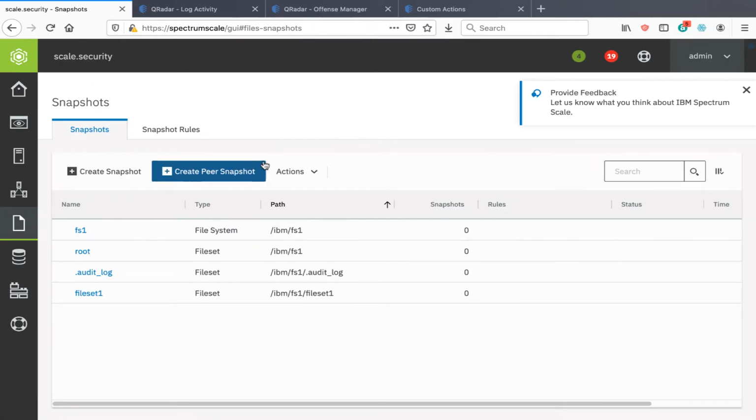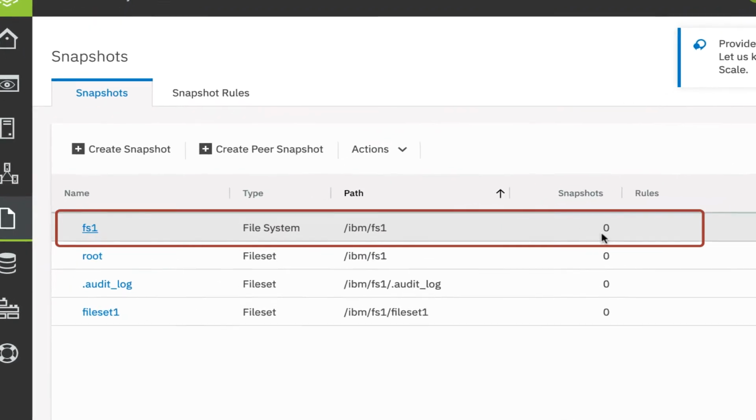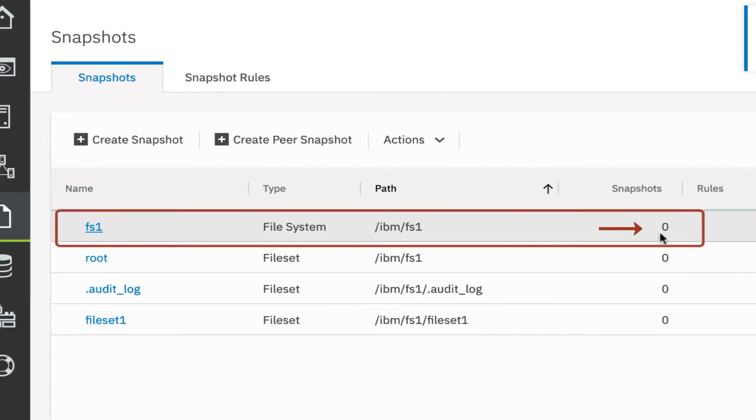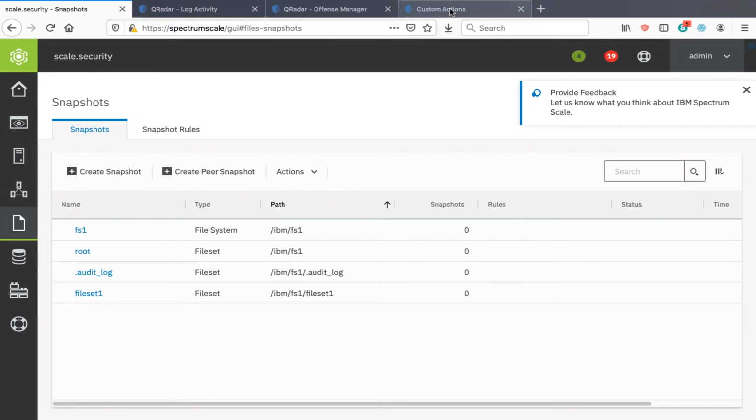Now let us go to the IBM Spectrum Scale graphical user interface for administration. Here it shows that we have a snapshot view where no snapshot exists for file system FS1. Now we have configured IBM QRadar. Let's go to the IBM QRadar